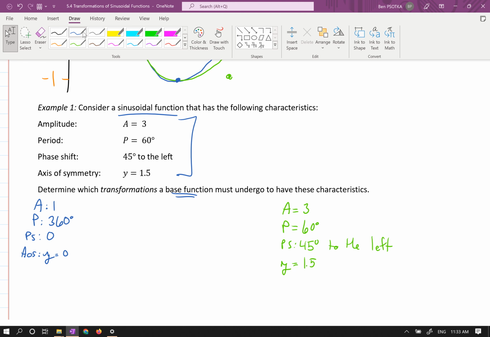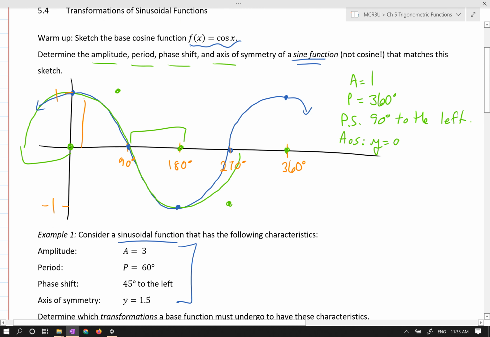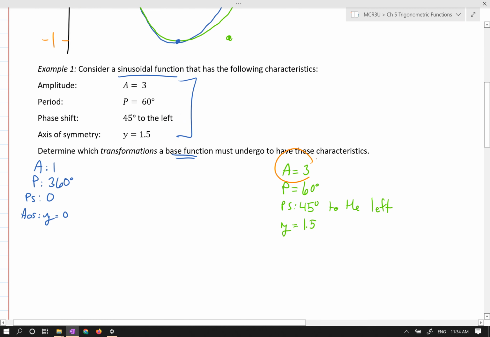We already discussed yesterday which transformations go along with which characteristics. So if I'm looking at my amplitude, I know my amplitude is the distance from my axis of symmetry all the way up to my maximum. And that's going to be the same as the distance from my axis of symmetry down to my minimum. Well, I can change my amplitude by adjusting my vertical stretch or compression. So if I need the amplitude 3, then I would need to multiply this amplitude by 3 to get there. So I would have a vertical